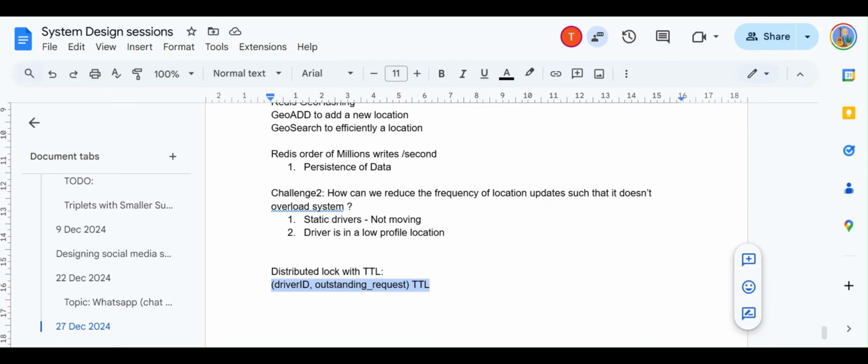Then in the worst case, a driver can get multiple requests in the meantime. Which is fine for the 10 seconds, this failure is acceptable, right? Even in the worst case, if your system has to recover from the failure, that could happen. But it is still better than indefinitely locking a driver and never sending him the request.